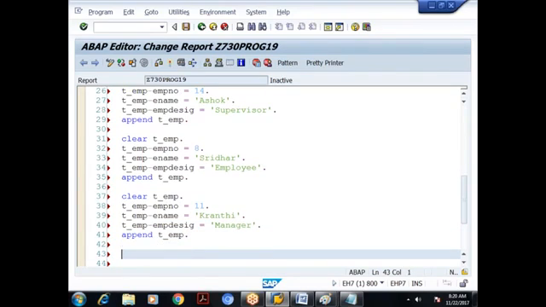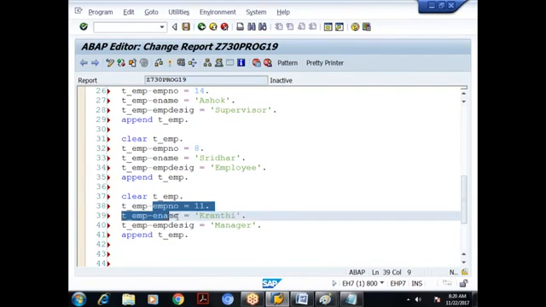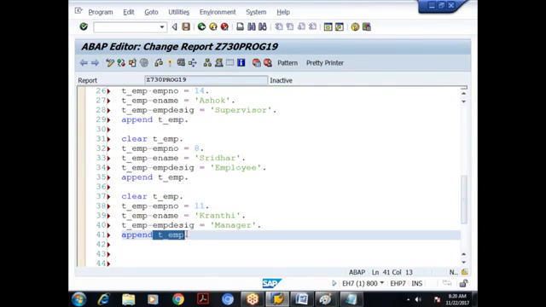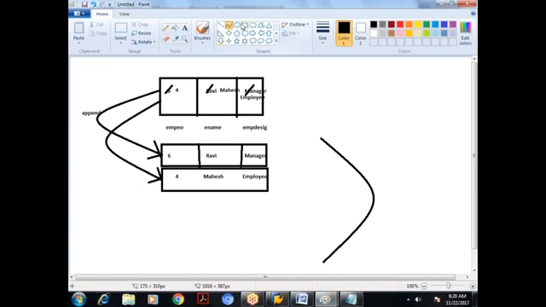Right, so I'm assigning some data. Whenever we do the assignment, first the data is stored in the header. From the header we are copying it to the body. So like this, how many records have I appended? 5 records I have appended.